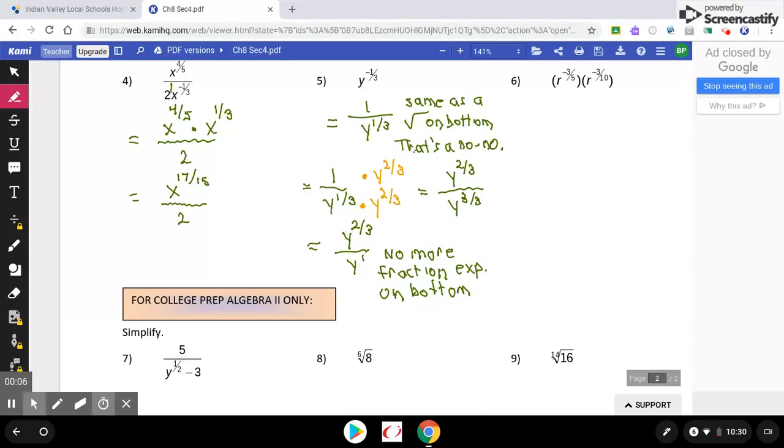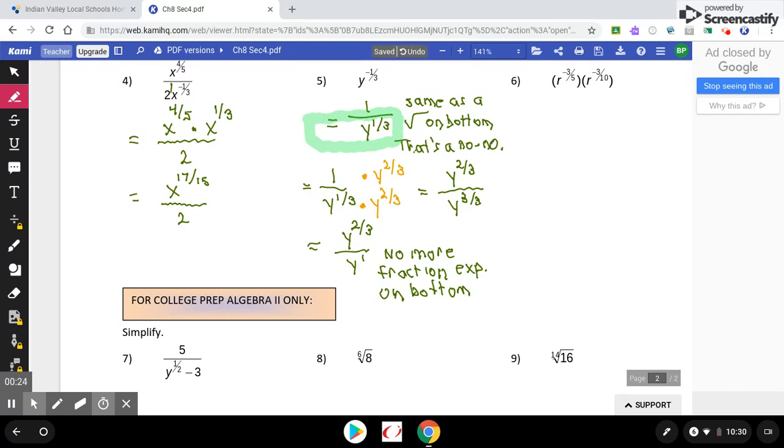Hey, if you watched the part 2 video, we left off here on number 5, and I wrote some additional information to clean it up a little bit, so I want to go back and point a few things out real quick. I had to kind of squeeze that one in, so I was hurrying. So right here on the bottom, where it says y to the 1/3 power,